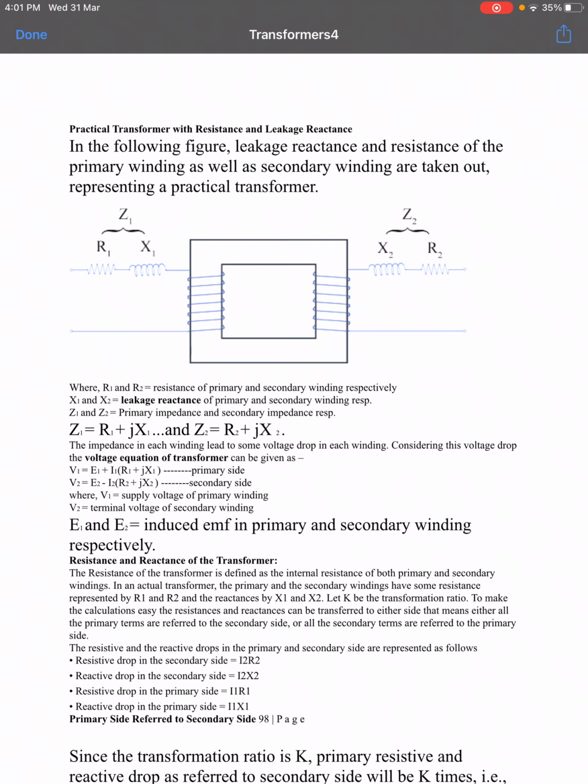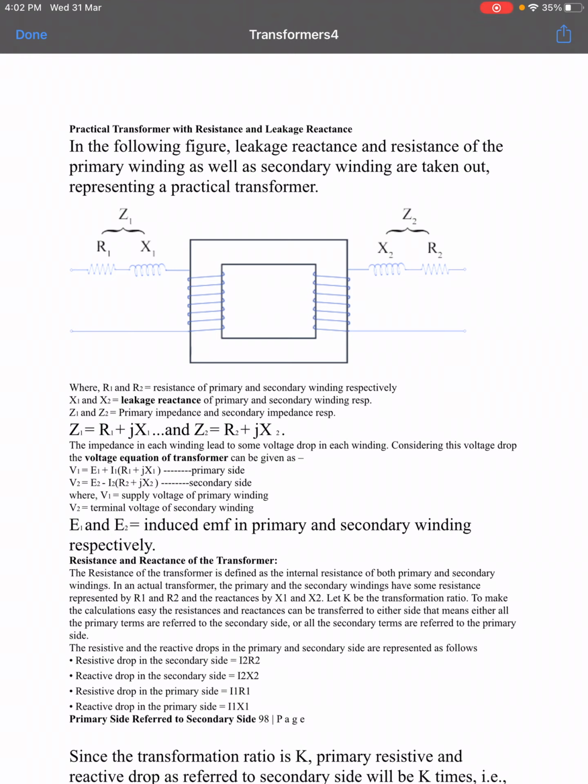The same flux appears on the secondary winding of the transformer, and it also links with the secondary winding. From Faraday's laws of electromagnetic induction, when a conductor or coil links with magnetic flux, an EMF is induced in that coil. So we get the secondary induced EMF because of the mutual induction principle.